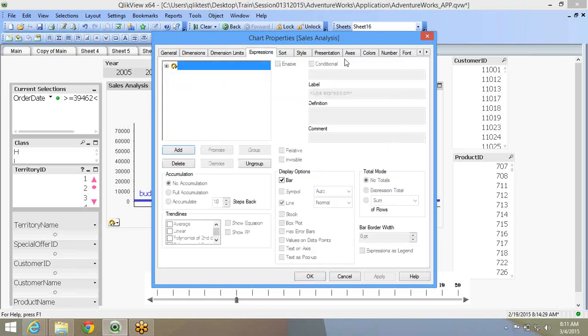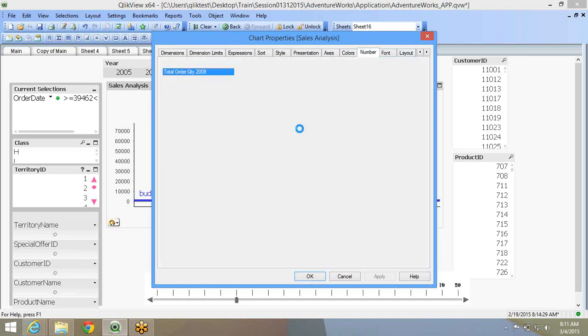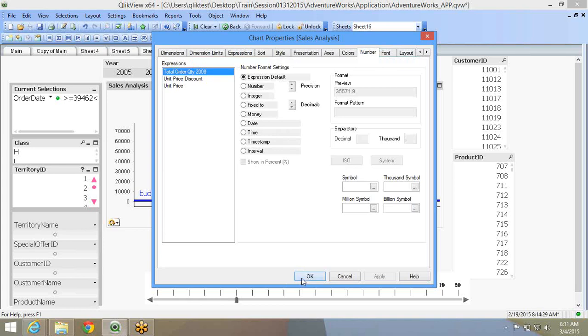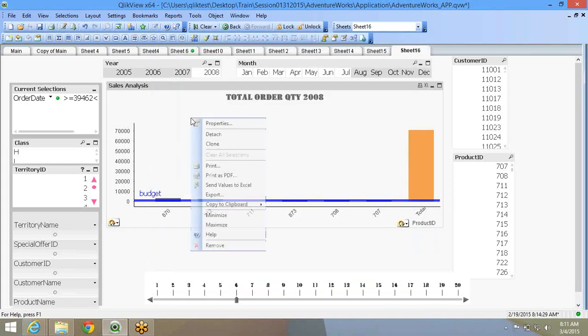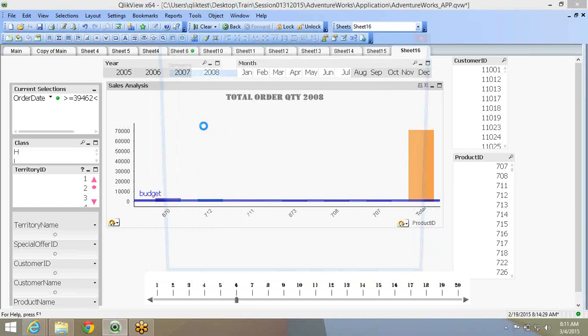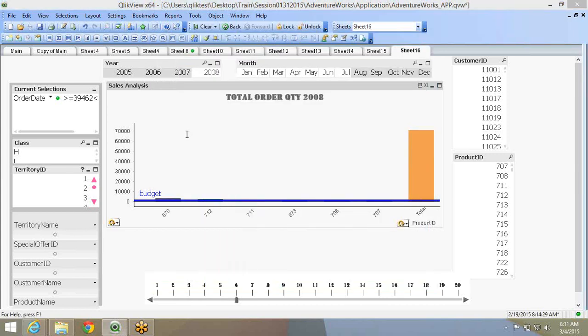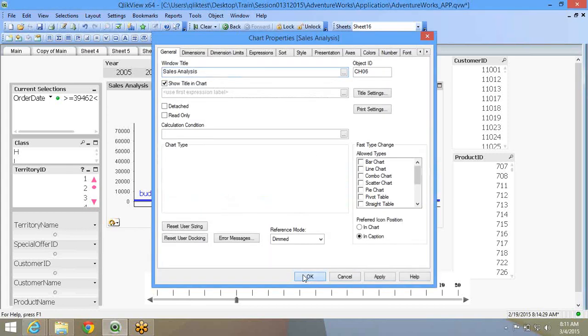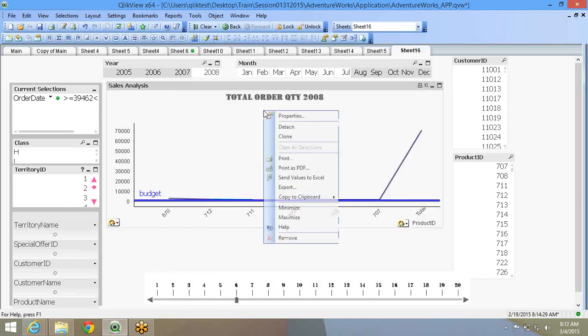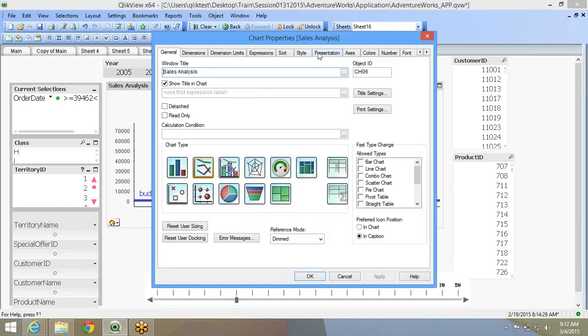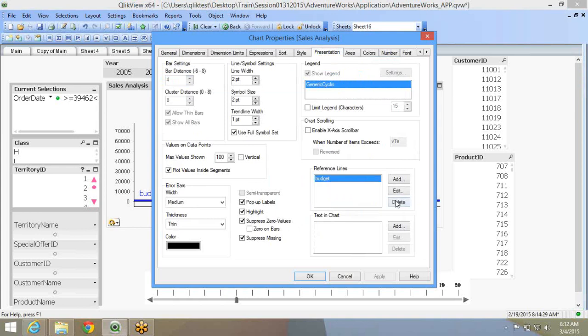That's the dimension limit. I think with this we cover everything in the bar chart, all the properties and everything. Now all the properties remain the same. Only the type changes, instead of bar, to a line, that is the line chart. So if I keep the chart the same way that it is, and go to properties and select line, it will give me the line chart. Now in the line chart, interestingly, there is no stack option, right? Obviously you can't have a stacking.